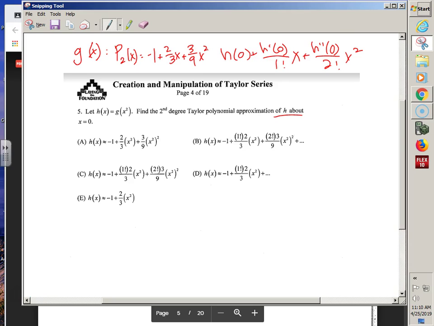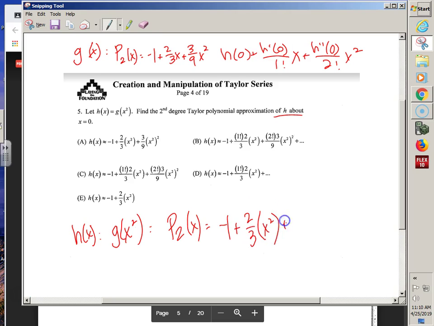Yeah, which is why there aren't too many multiple choice that are built upon each other. Yeah, for h, I can go ahead and say it's going to be g of -1 plus 2/3 x squared plus 3/9 x squared squared. But they asked for the second degree Taylor polynomial, so I'm not going to include the x to the fourth. I'm going to stop right there, which is why I would go ahead and put it as